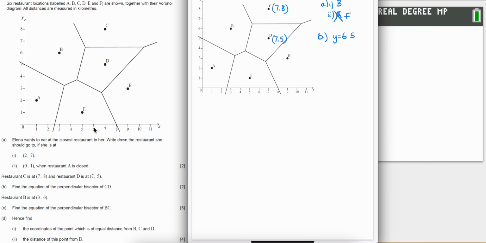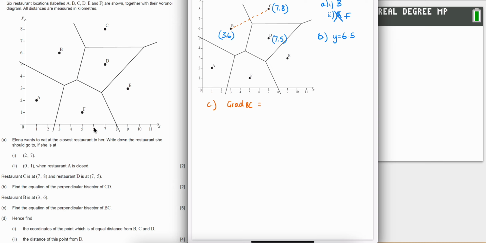And the next part of the question, part C, says that restaurant B is at coordinate (3, 6). So this is (3, 6). And we need to find the equation of the perpendicular bisector of BC. For this one, it's not going to be quite as easy because it's not a vertical or a horizontal line. So the first thing we need to do is find the gradient between B and C. If I do my working down here, the gradient of BC, and make sure that you're labelling all of this correctly, is going to be,